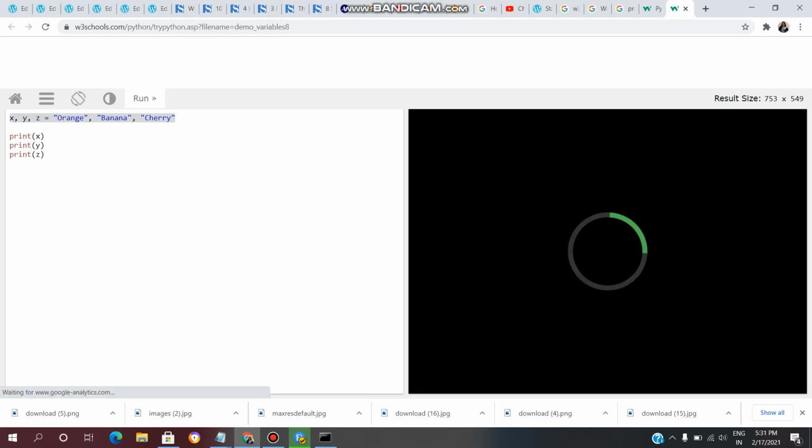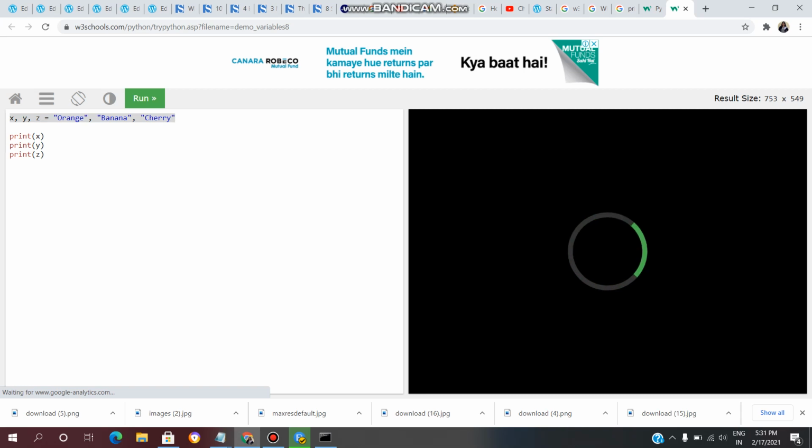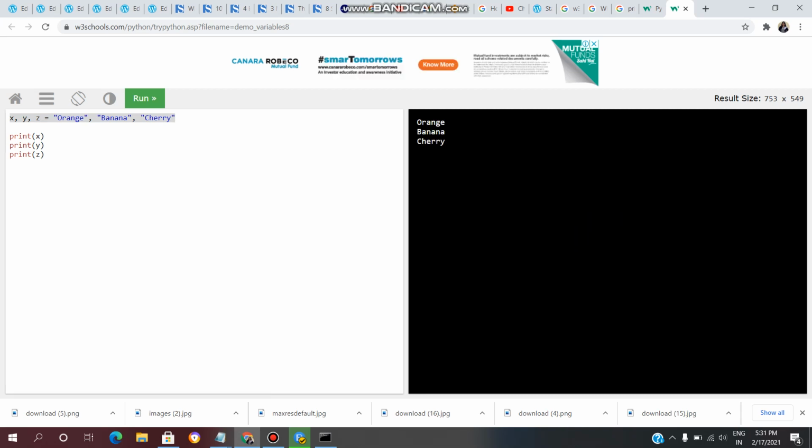Click on run, and we are printing the values x, y, z. See, we are getting orange, banana, cherry. So we are assigning orange to x, banana to y, and cherry to z. In this way we can assign the values.